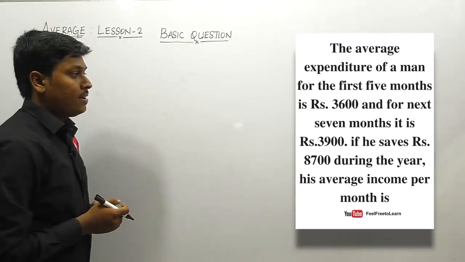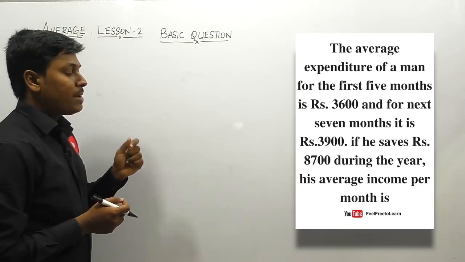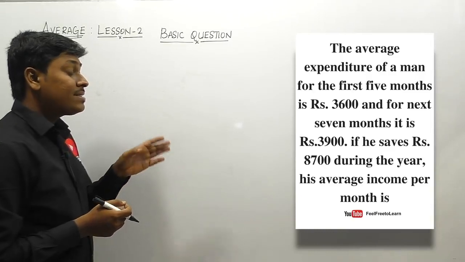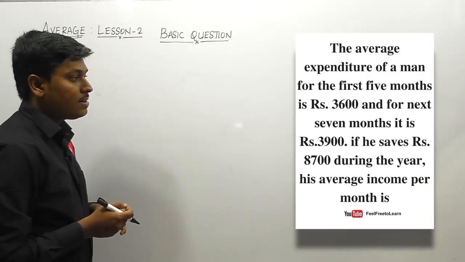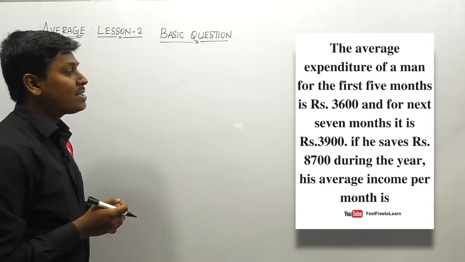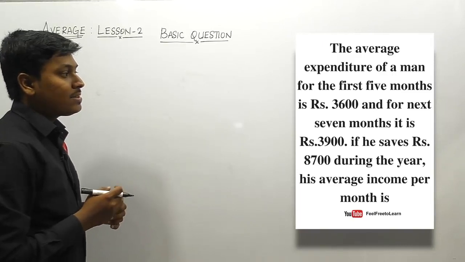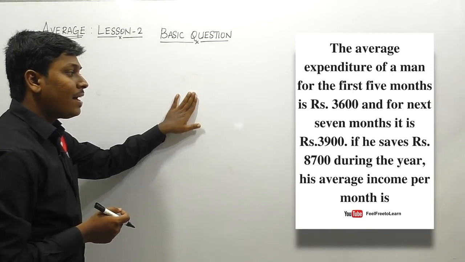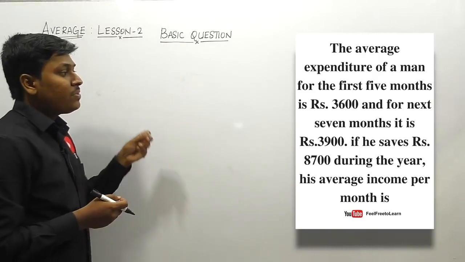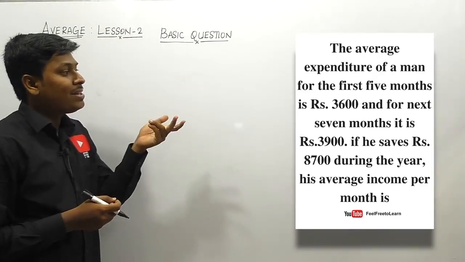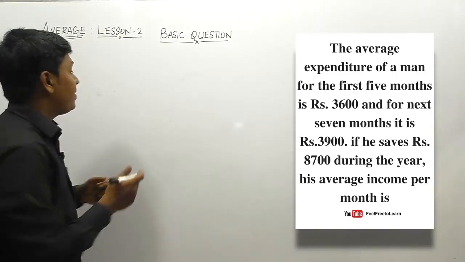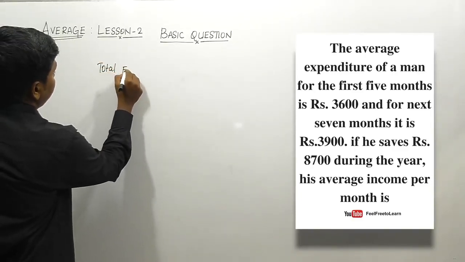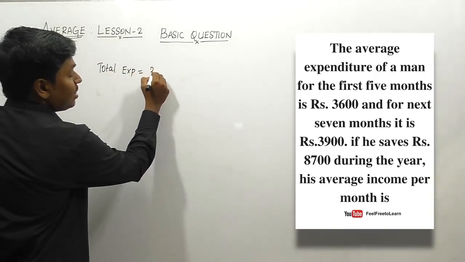Question number 9. The average expenditure of a man for the first 5 months is 3,600 and for the next 7 months is 3,900. If he saves 8,700 during the year, what is his average income per month? So friends, our target is to find the average income. We know that for the first 5 months his expenditure is 3,600, so the total expenditure for the first 5 months will be